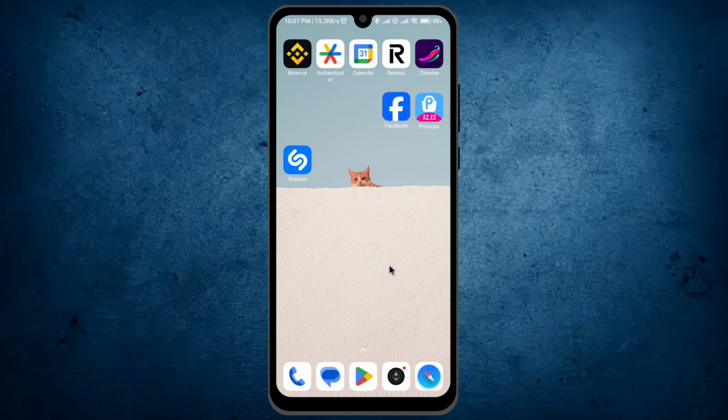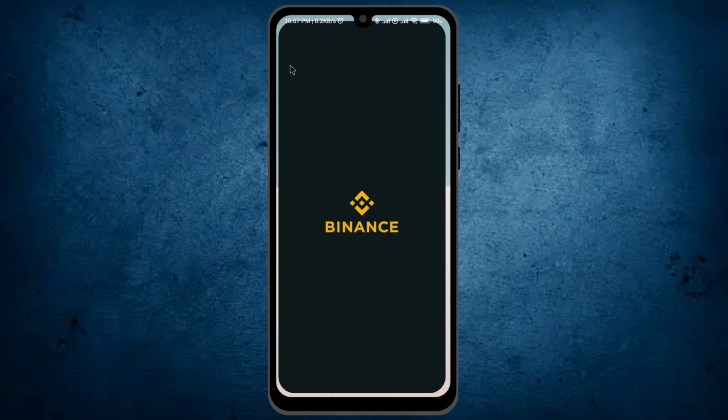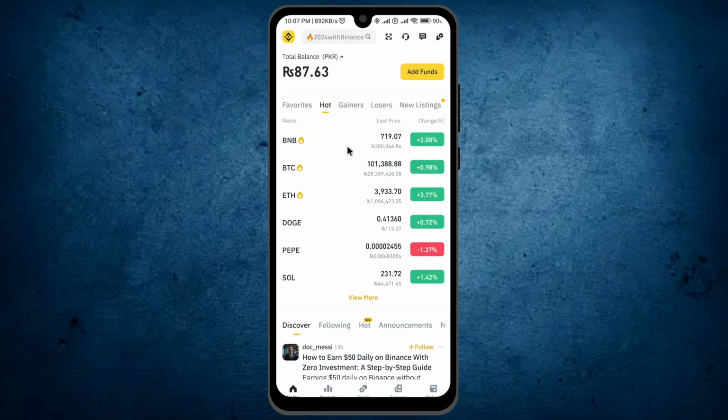Hi guys, today I will explain how to sell USDT in Binance. This process is simple and the only thing is to open the Binance application. Once it is open,